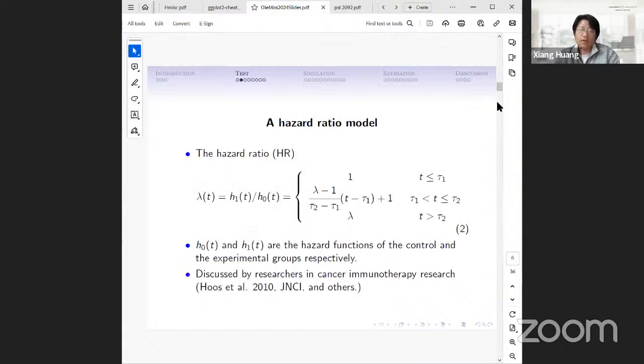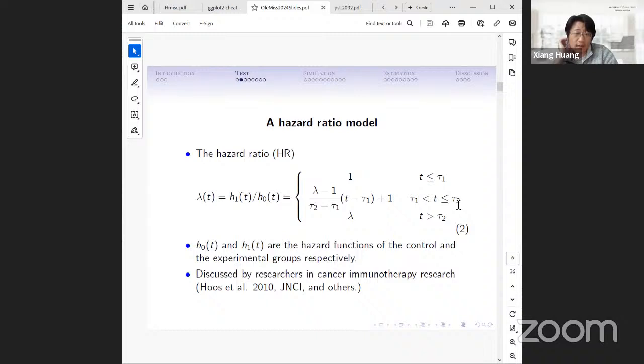Okay, so we consider a hazard ratio model in this piecewise function. There are three pieces. First, the hazard ratio is 1. That means there's no treatment effect taking place. And between time tau 1 and tau 2, we call this a transition time